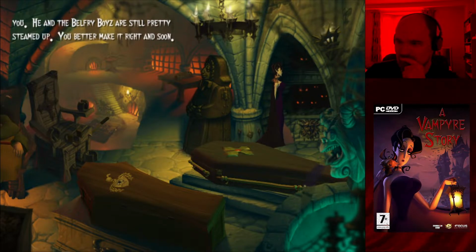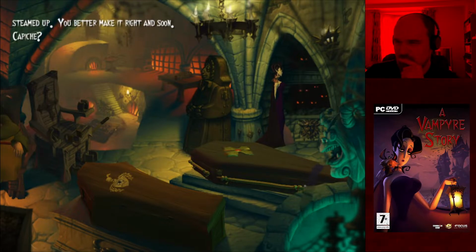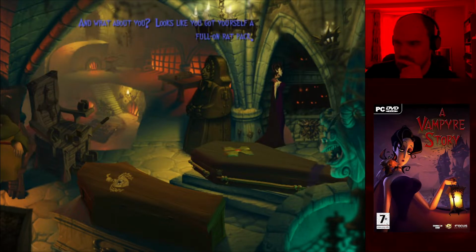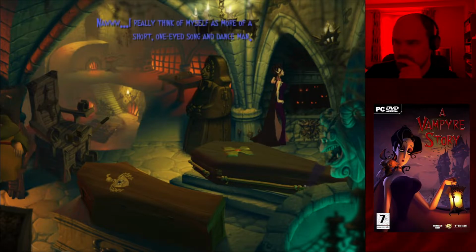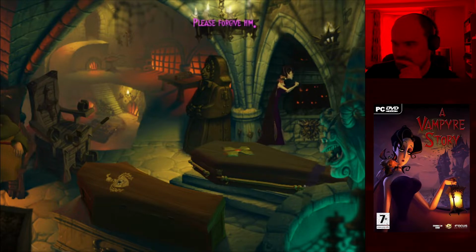You know, he's still looking for you. He and the Belfry boys are still pretty steamed up. You better make it right, and soon. Capiche? And what about you? Looks like you got yourself a full-on rat pack. Don't be a wise guy. You trying to be some kind of comedian or something? Nah, I really think of myself as more of a short, one-eyed song and dance man. Please forgive him. Forget about it.